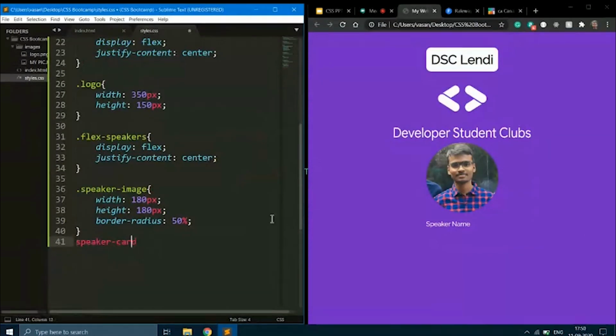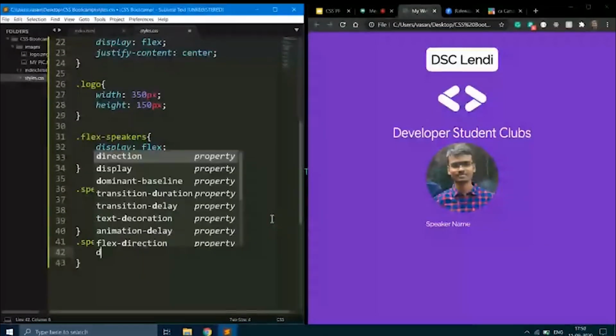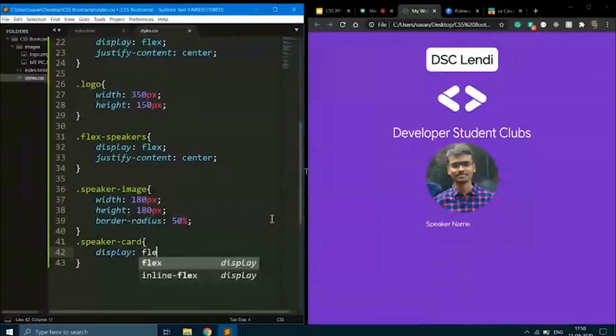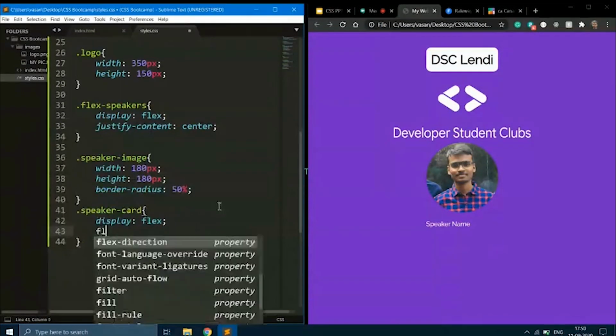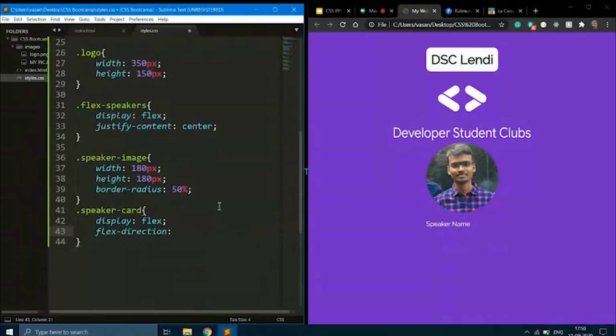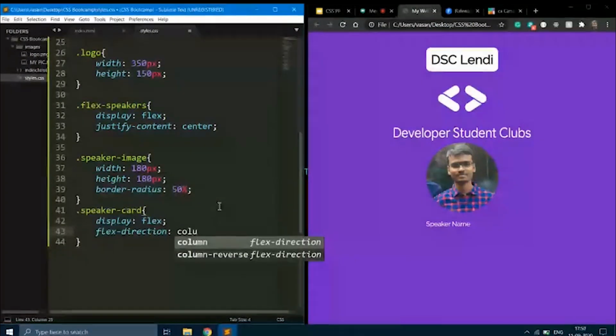Again, I'm going to use the flex layout. In order to use it, the first most important thing is to set the display property to flex. And we are going to say the flex direction should be column, because our image and name should be in a column manner.